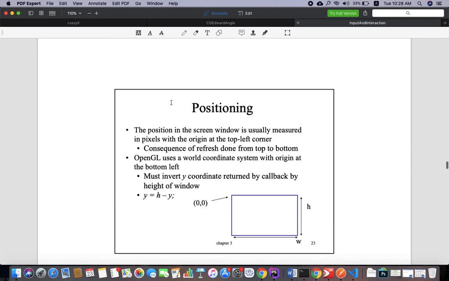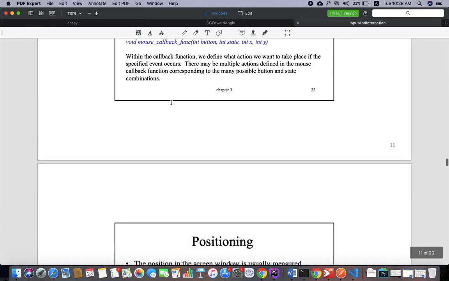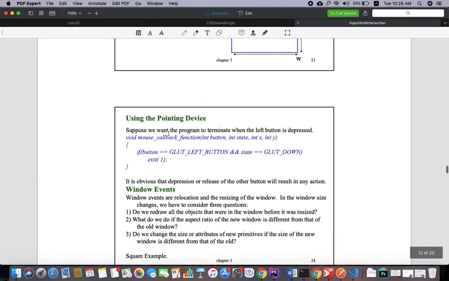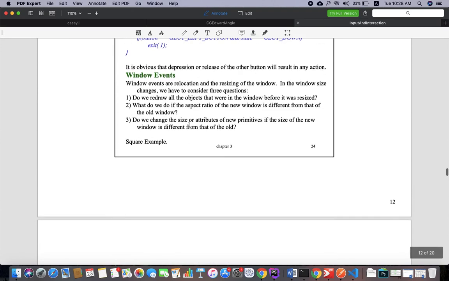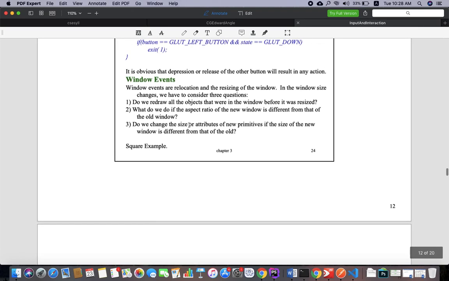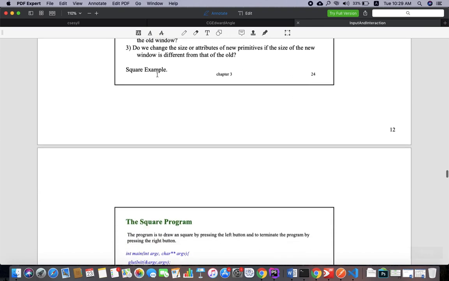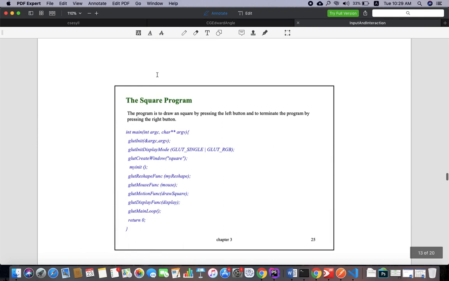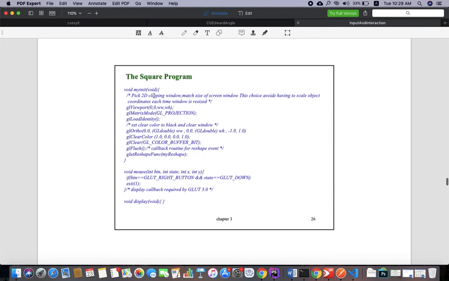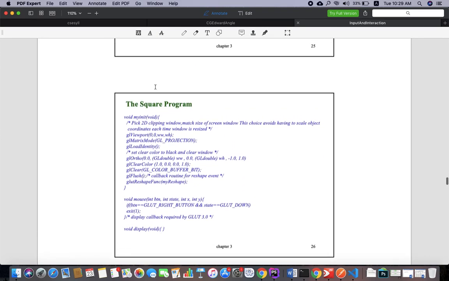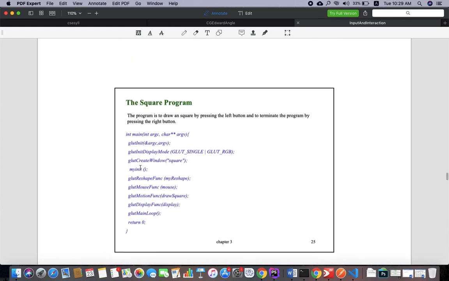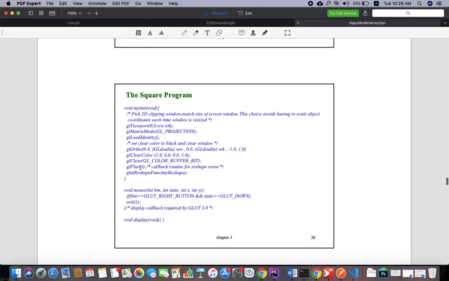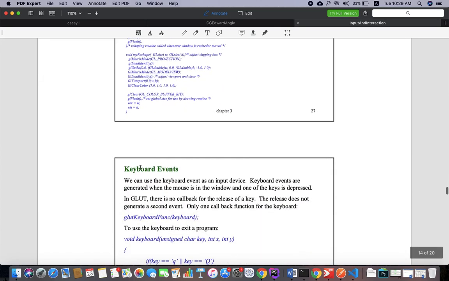So that is what we have, a mouse function, completely a mouse function, and a positioning device is also a mouse device. Then we have some of the window functions. I'm not going to discuss more into it because this has nowhere been discussed in your syllabus. The square program is not necessary here. We just use the mouse function to draw a square and rotate that square program.